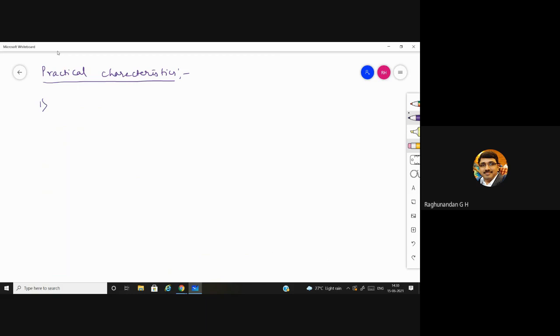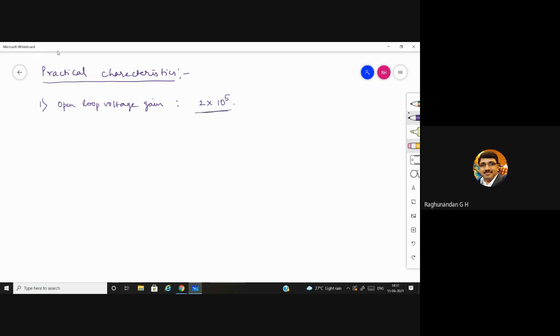Coming to the voltage gain, here we call it open loop voltage gain. There we told the voltage gain is infinity, but practically it is not infinity. It is maximum we can get 2 into 10 to the power of 5. This is the open loop gain. Open loop gain means when you have not connected any feedback. Without any feedback, you are going to get this much amount of gain.